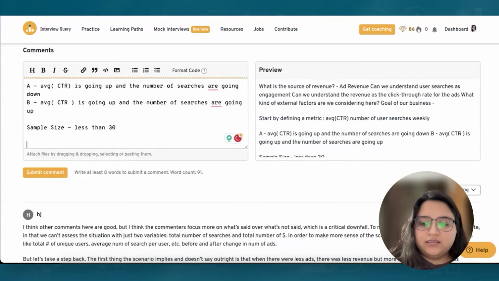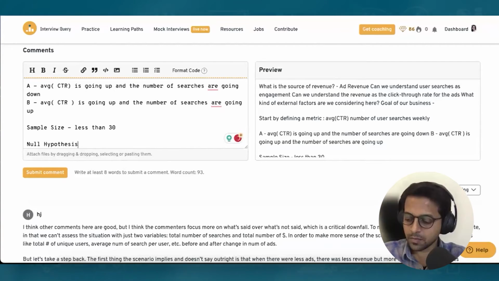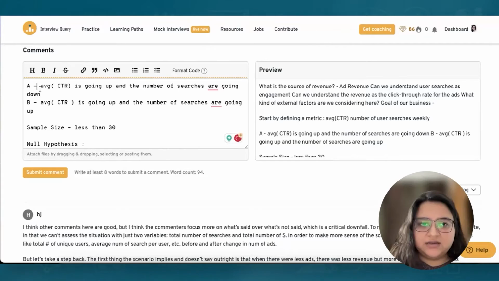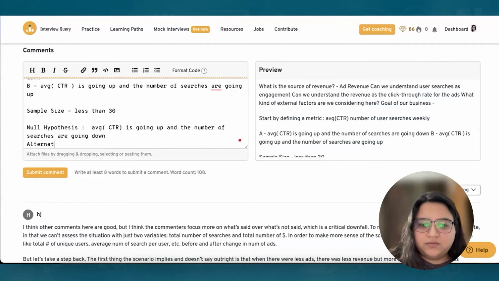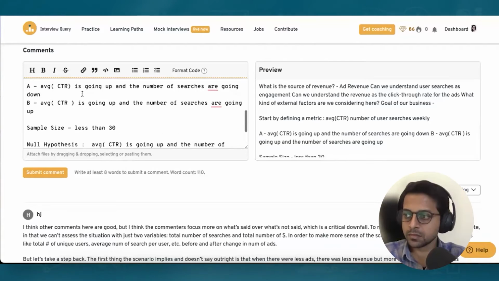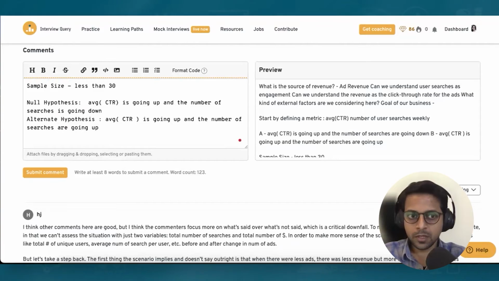Then we will set up our null hypothesis. Okay. So for our null hypothesis, the average CTR is going up and the number of searches are going down. Right. But our alternate hypothesis would be that they're inversely proportional. Then we would,